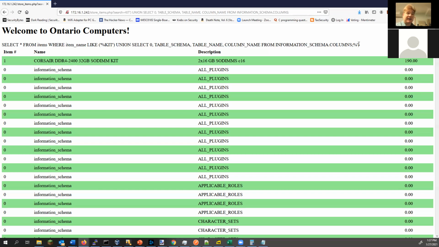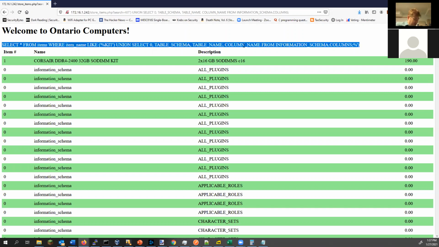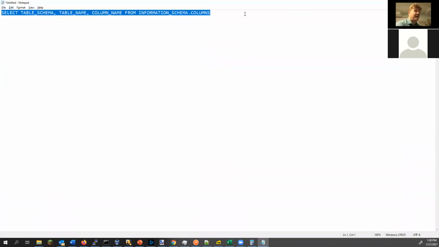Well, what's happening is, as you can see, column name, which would be a useful piece of information to have, is in position 4 here, which means that it goes in the price column. But the price column is clearly formatted as a numeric, which means under PHP rules, it's going to be evaluated to 0. Okay, so how do we fix that? Well, at this point in time, we don't really have any access to the code. So one of the things we can do to our query here is use another useful SQL command, and that's